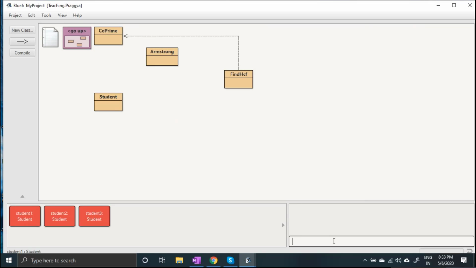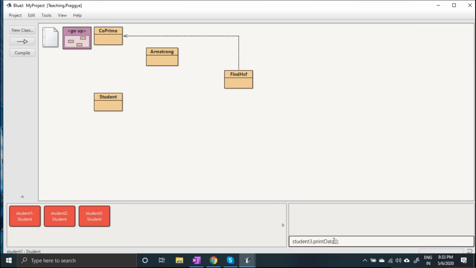So you go to the code pad, and say I want to print the student 3 information. If you write student 3, this is the instance name. You have to use the instance name, then put a dot, and then write print data, which is the name of the function.